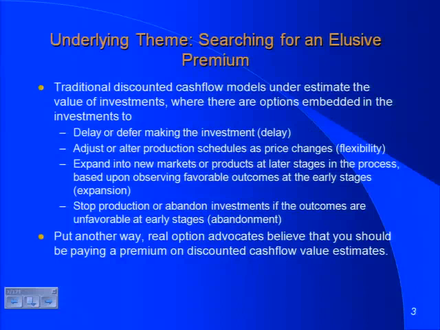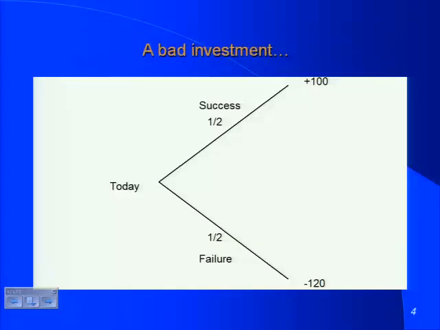So I'm going to approach this topic cynically. I'm going to approach it by first looking at where the logic for real options comes from, and it's a pretty good logic. And then I'm going to set up a 3-step process for deciphering when it makes sense to talk about real options from when it doesn't make sense. So let's think about where real options come from. To illustrate what drives real options, I'm going to go back to a very simple example. I'm going to show you a decision tree where there's a 50-50 chance of success and failure.